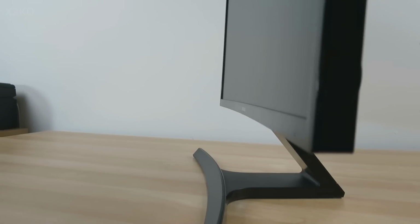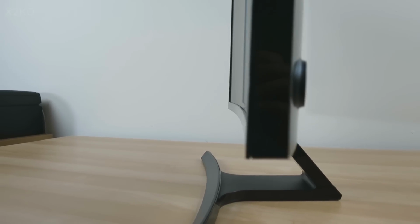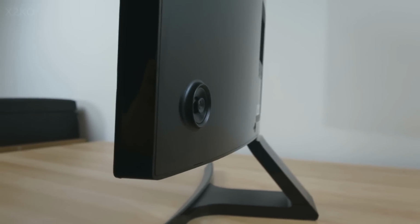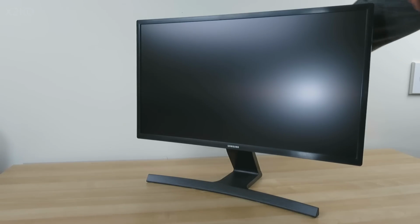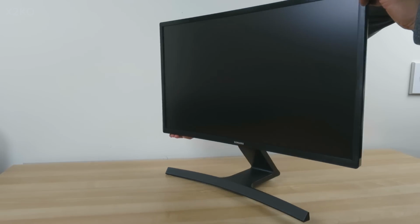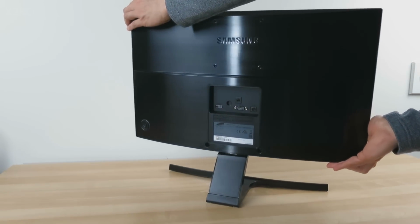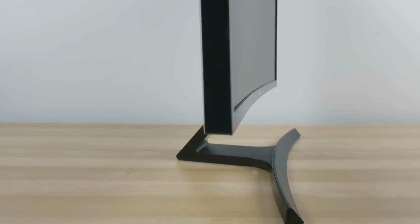Now not only does this screen feature a curve, but it also promises some excellent black levels and contrast, because unlike all the other Samsung monitors that I've reviewed, this one doesn't use a PLS panel. Instead it uses a VA or vertical alignment panel. Now we'll look at the advantages and disadvantages of VA panels in a moment, but first let's talk about that